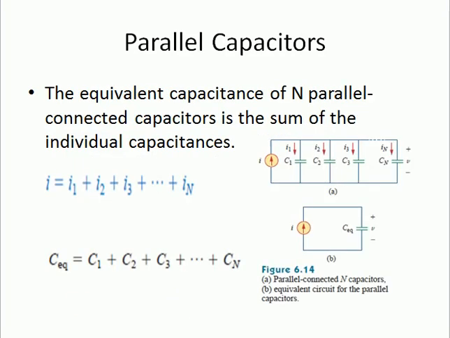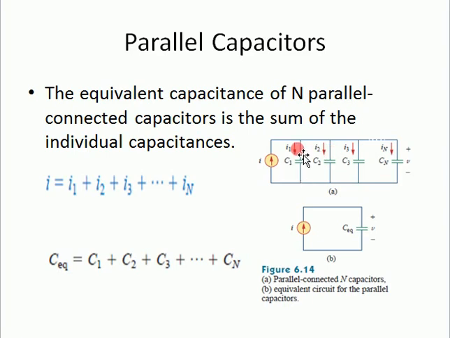Now we will discuss the different combinations of capacitors. Capacitors can be connected in parallel, in series, or in a series-parallel combination. First of all, we will see when the capacitors are connected in the parallel configuration. Suppose there are the capacitors C1, C2, C3 and so on up to Cn. When these capacitors are connected in parallel, we see what the equivalent capacitance will be. In this figure you may see that the total current supplied to the circuit is I. Then this current is divided between all these branches.